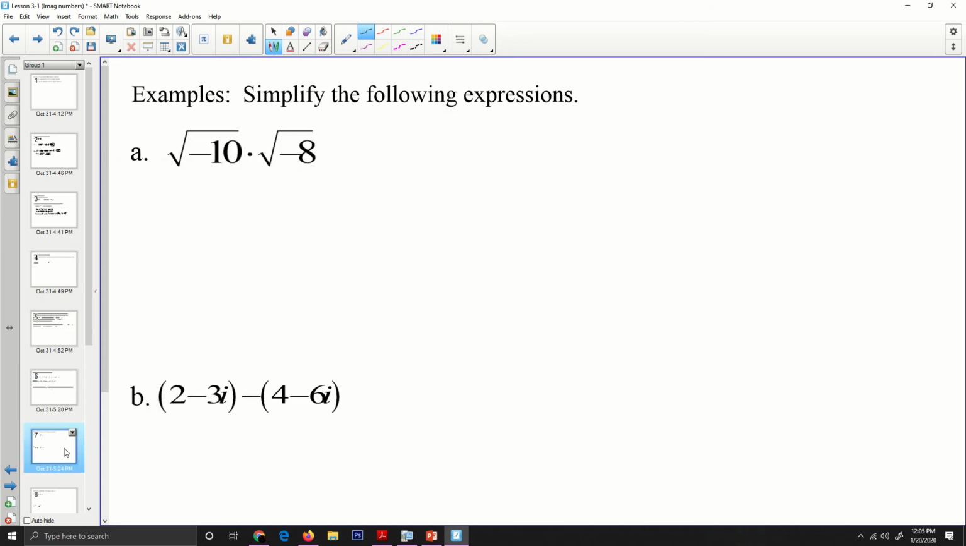So some examples of simplifying, and we're going to put in here a little note. We're going to say, always, I'll capitalize this, underline it, deal with the imaginary first. So the first thing I'm going to do here is, because this is a -10 and this is a -8,